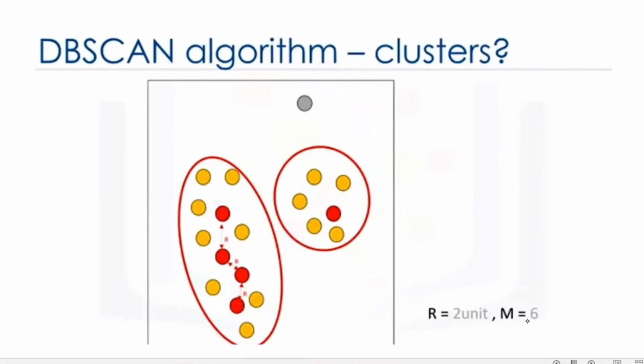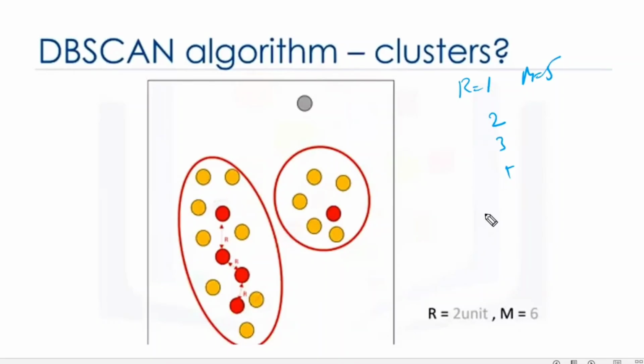How are we going to choose this one? The R value and M value will be selected based on the number of clusters. So we have to change the different R values and different M values. First, we are going to try with R equal to 1 and M equal to 5. This is the default one. Later you are going to try with 2, 3, 4. Like this, you are going to increase the R value till you get your required number of clusters.